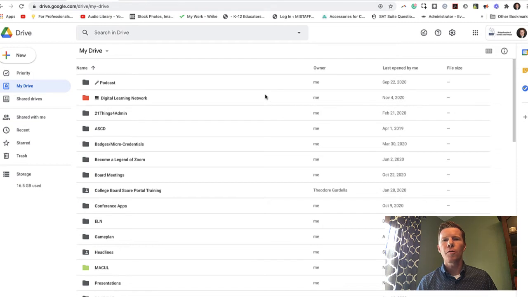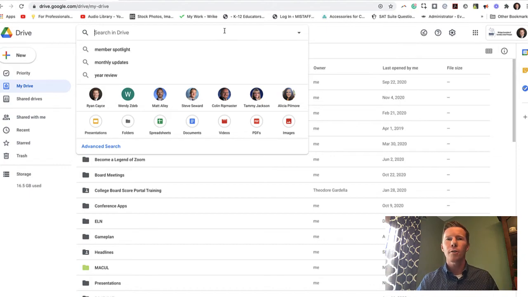So another really cool feature of Google Drive is the ability to use the search tool to find your files and folders really quick. I'm going to go out on a limb here and say that I think it's actually faster to use the search bar than it is to organize your files and folders. You might be the most organized person with your naming and numbering and color coding, but it'll get to a point that it'll probably be so complex if you have a ton of files and folders, it's faster to use the search tool. So you can just type in obviously a keyword, it'll try and do its best to find that item,